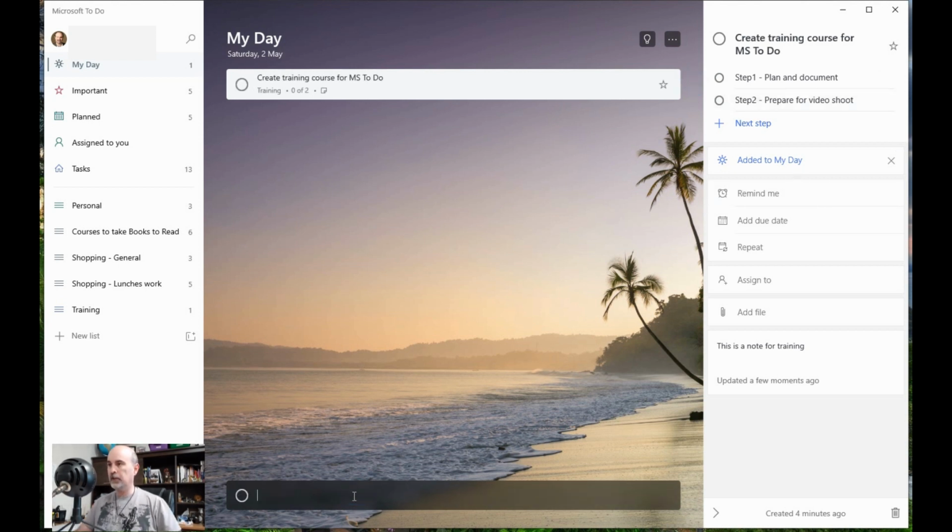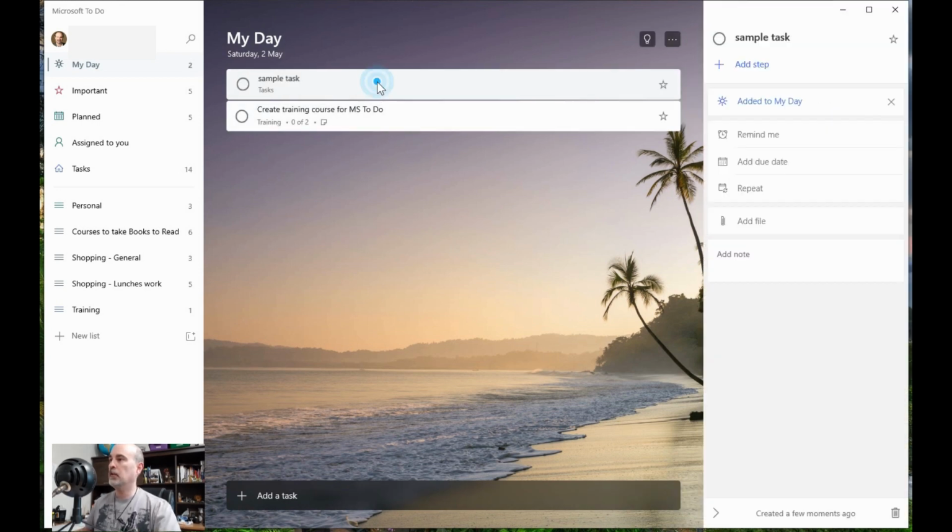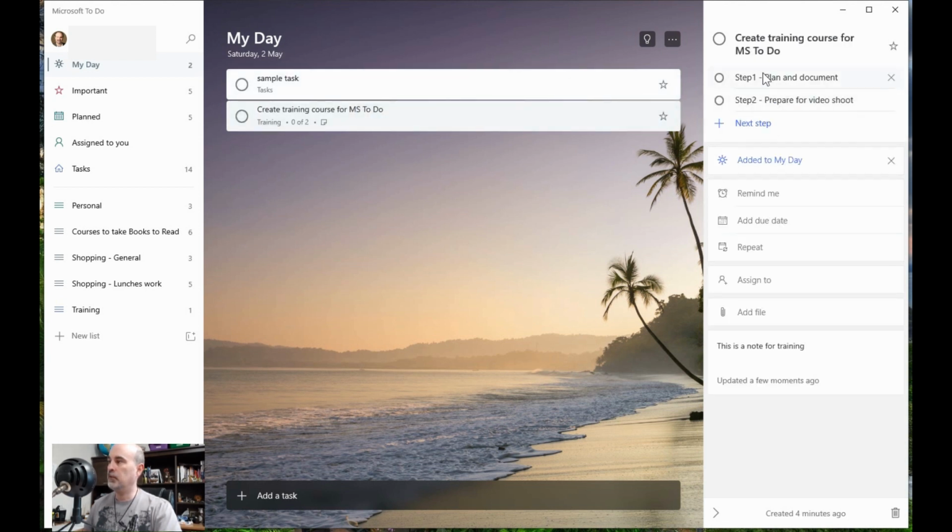I'm going to create another sample task. So if I click on this one, it shows the sample task there, and if I click on this one, it shows the other task with the steps that are required for this. So here it shows 0 of 2. So I can actually check off this saying that I've done that first step, and this is actually showing 1 of 2, and I did have 3 steps, and I didn't save it because I didn't hit enter.